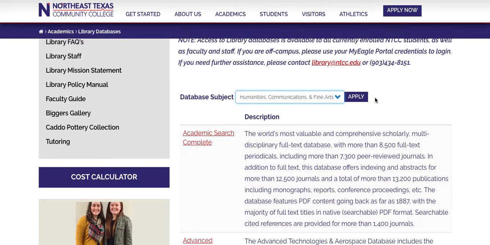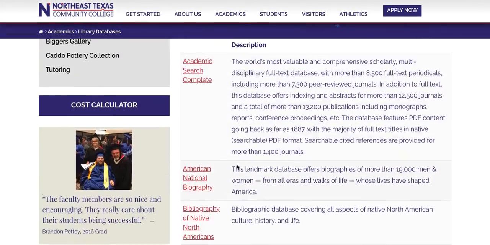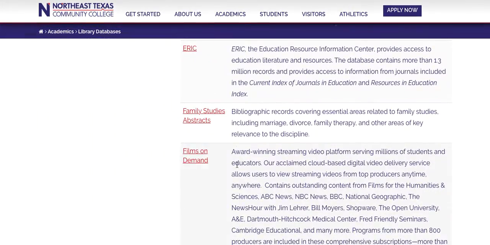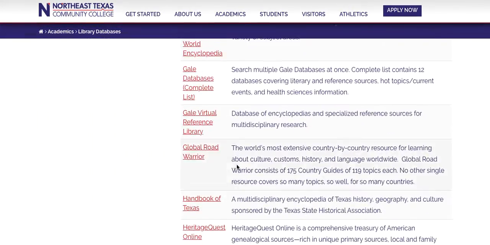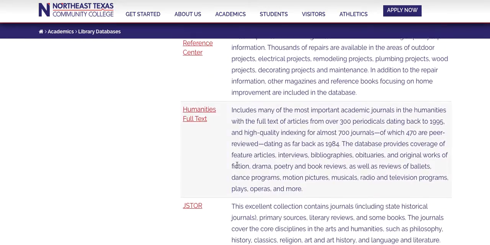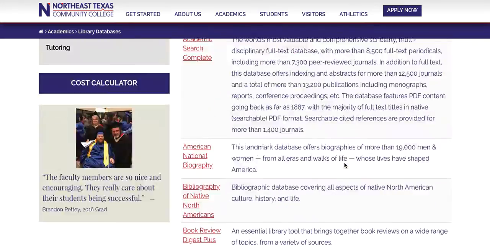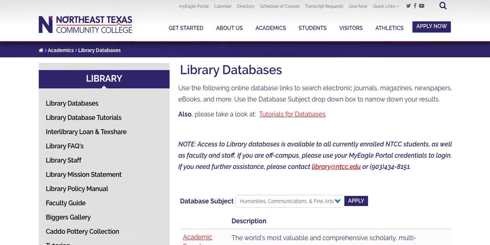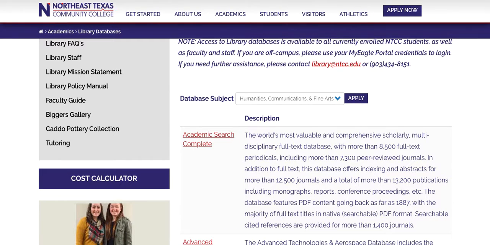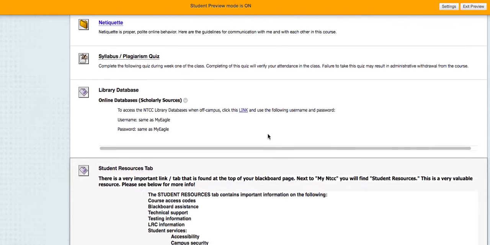And let's see, JSTOR is another really good database that I highly recommend. Let's see if it's on the list here. GHIJ. Yeah, JSTOR. So JSTOR and EBSCOhost are 2 excellent databases that have great humanities resources. So back to the Start Here folder.